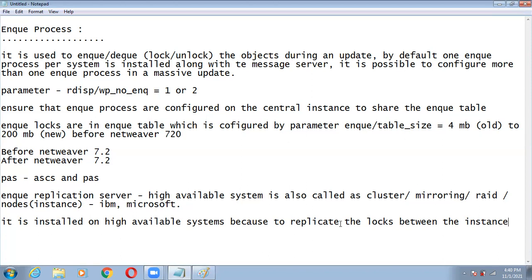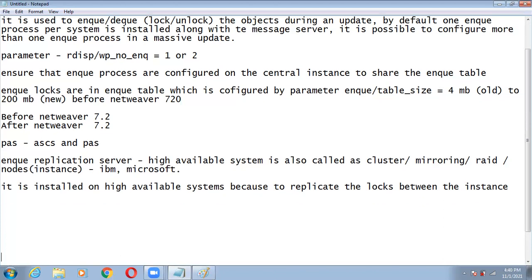To replicate the logs between the instances, system A and system B. So NQ must be installed on the high available system. What are those systems? Microsoft, IBM high availability.